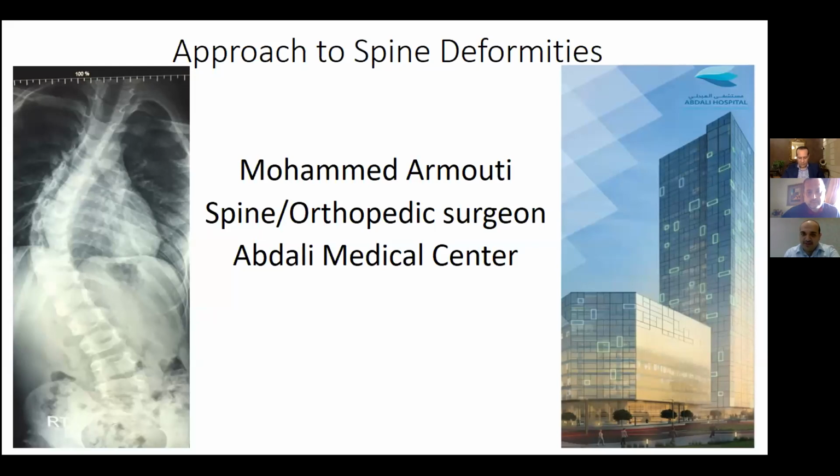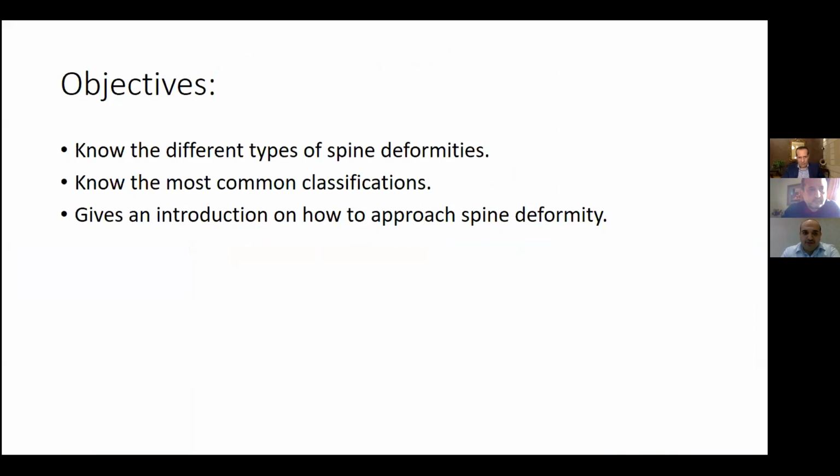I think this is the best thing for surgeons who are in quarantine and doing no surgeries at this stage, just to share knowledge with each other. Today will be about the approach to spine deformities. The objective of this talk is just to know the different types of spine deformities and the most common classifications of each one, if they have any classification, and to give an introduction on how to approach any spine deformity